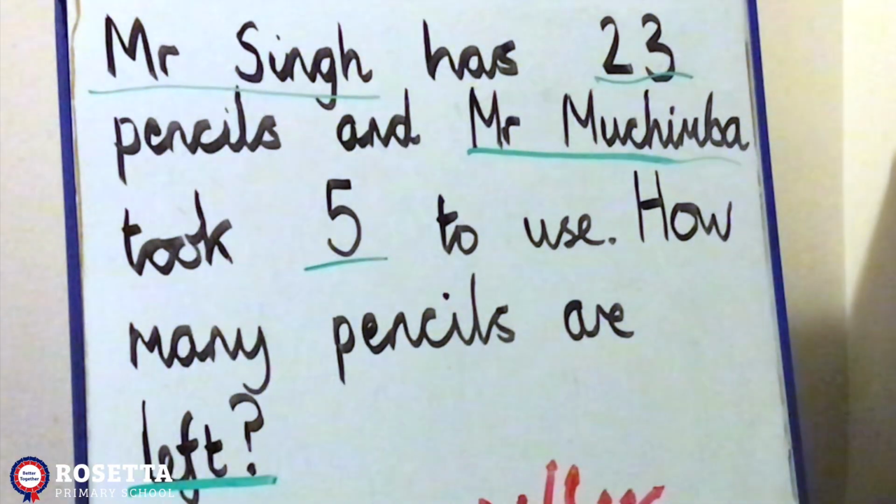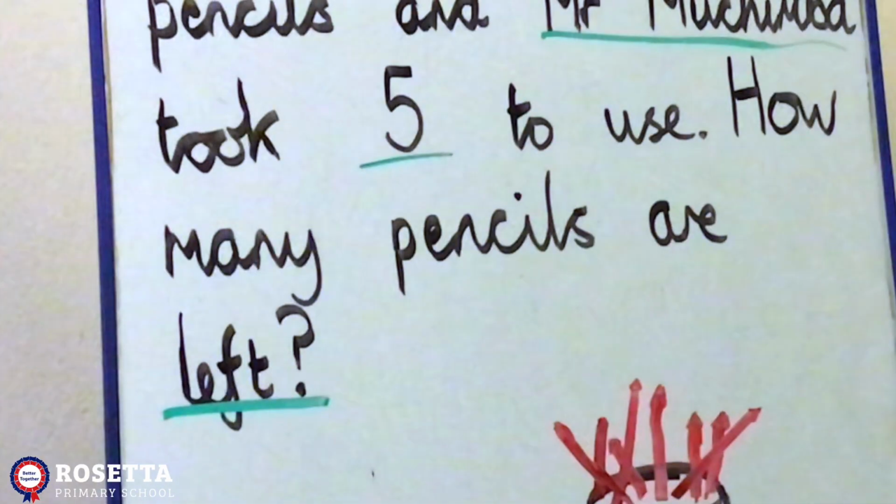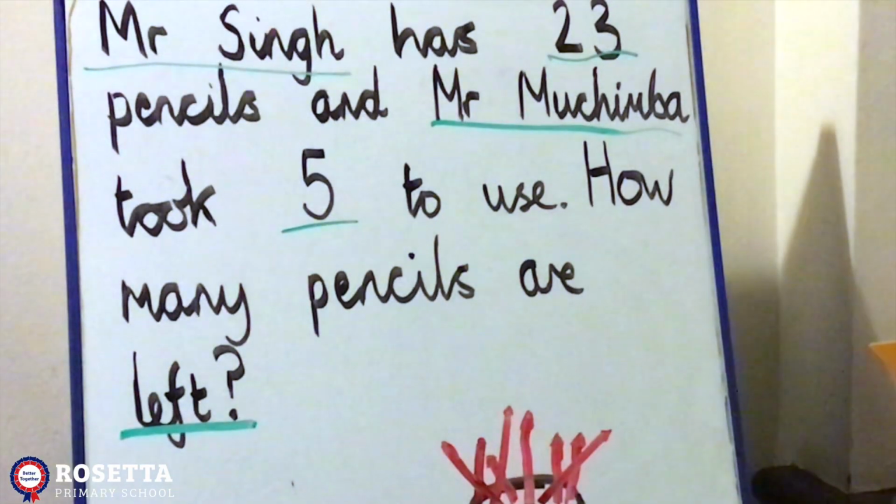Now, which word is the key vocabulary which tells us what operation to use? That's right, if you've got it, it is "left". Okay, so how many are left over? The first method we're going to concentrate on is the column method. So the question is